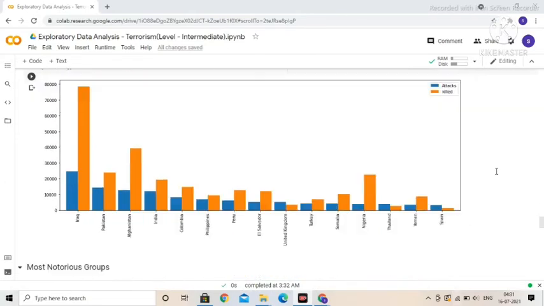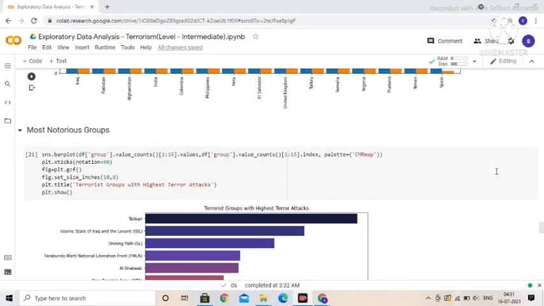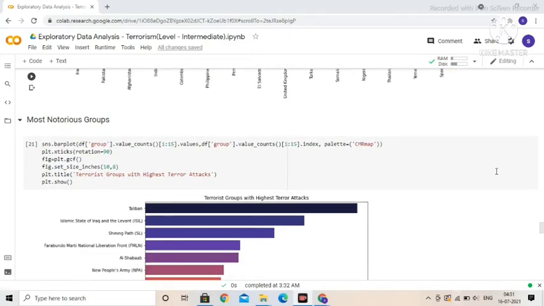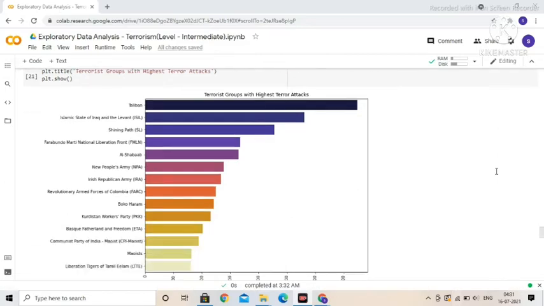After that, we have found the most notorious groups of the terrorist attacks. The terrorist group with the highest number of attacks is Taliban. After that, we have Islamic State of Iraq and Shining Path.